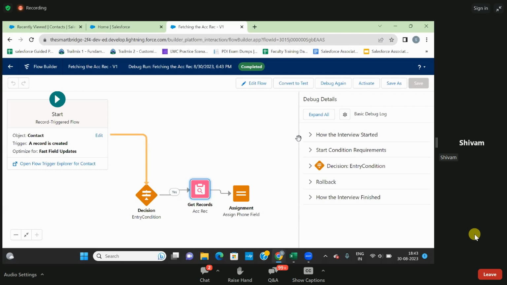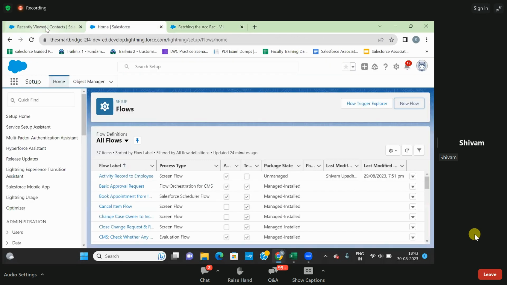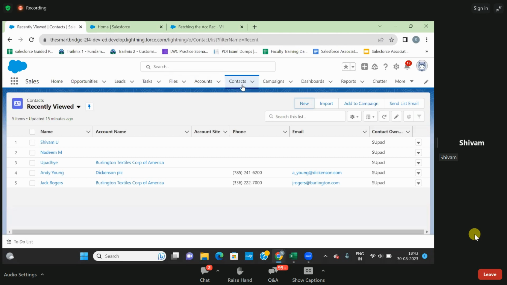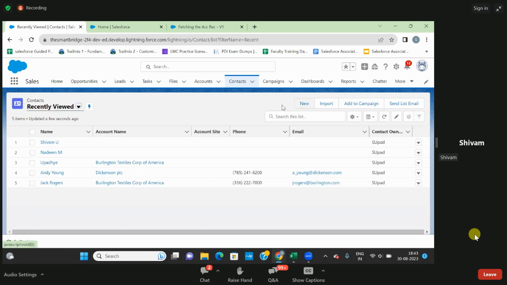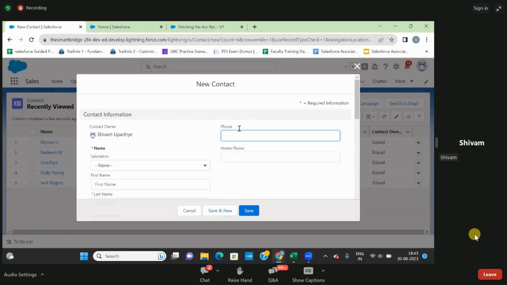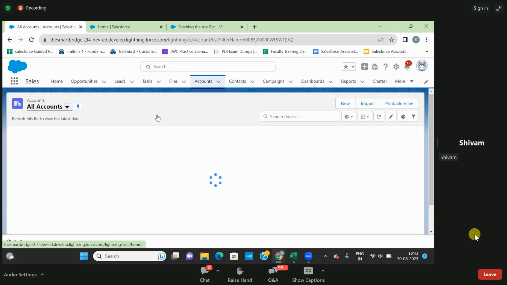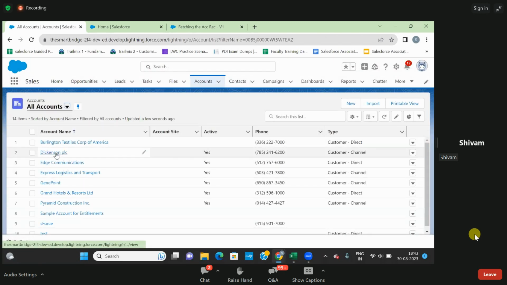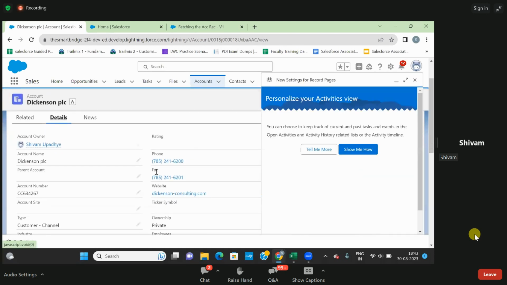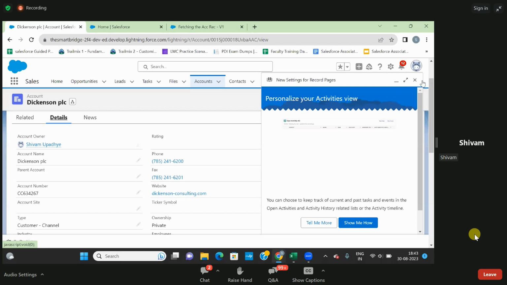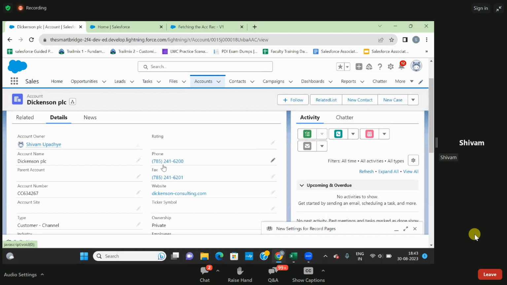Now what will happen over here? I'll simply go to the home account object. Now let me check with contacts whether it is getting run or not. Here you can see click on new. Before that I need to show you something. Let me check this Dixon PLC is there, right? And go to the details. Here you can see the phone number, right? So here